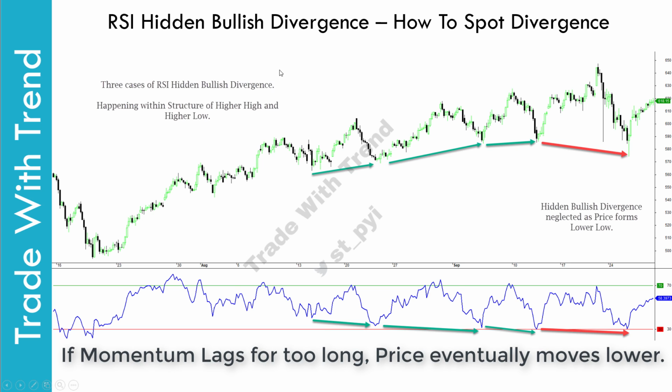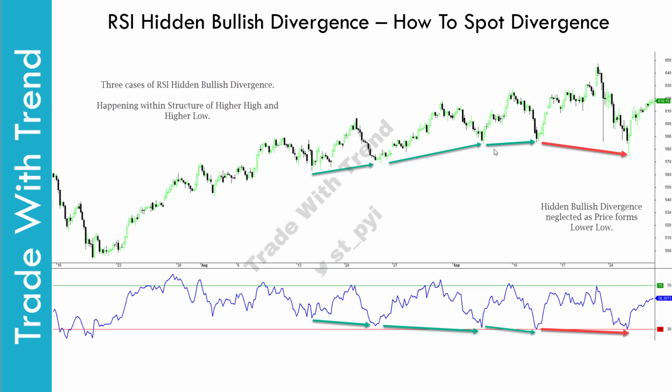So while trading hidden bullish divergence, you will keep getting these good moves on the upside, but always be wary of the fact that once RSI starts forming a structure of lower lows on a consistent basis, price will eventually start doing the same. So the key thing that you have to learn here is that when you're swing trading, you simply have to swing trade. Do not carry these positions for a longer period of time. Typically, a swing trade should be somewhere between 15 to 20%, and then you should be booking out of those trades. I hope this particular point is clear.